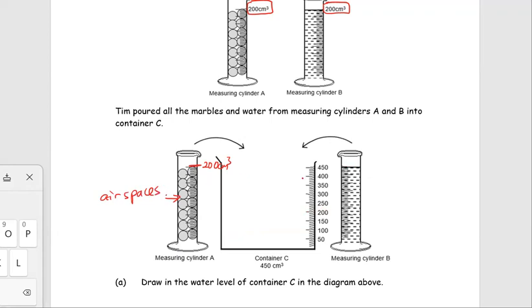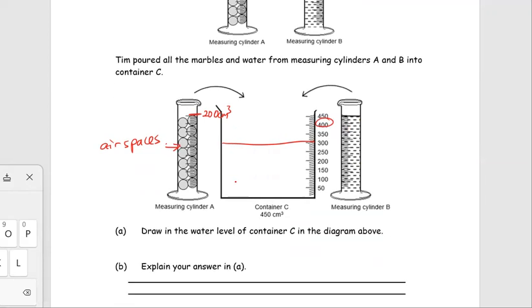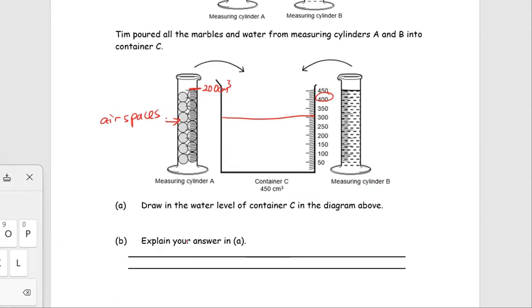Because of these air spaces in between, the water will fill up the air spaces, so the total volume has to be less than 400, probably about 300. You just draw any water level that is less than 400. Okay, so the water level has to be less than 400. Why? Explain your answer. Let's try again. Explain means